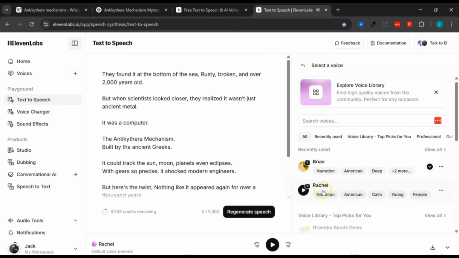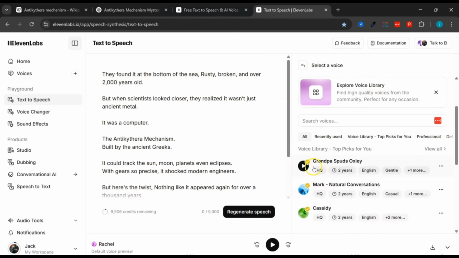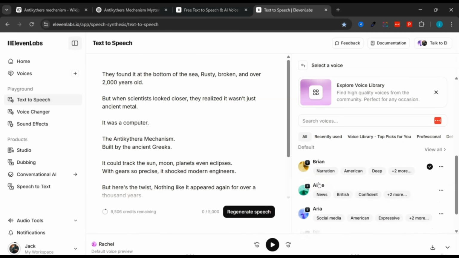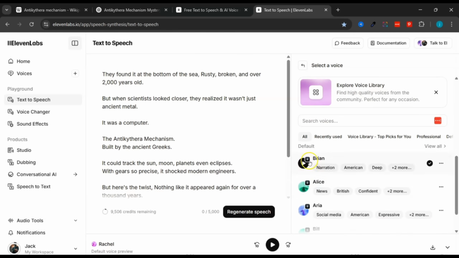So this is a female voice right here, and they do have other voices, but I feel you need to sign up for one of the plans to use some of these voices. But they do have free voices like these right here. Alice, Aria,